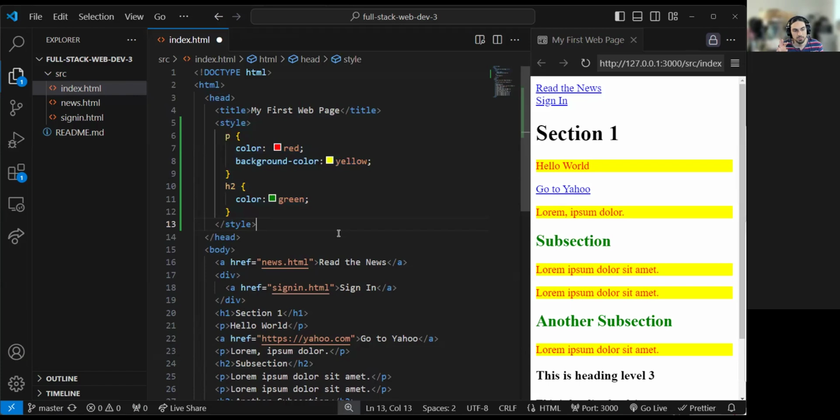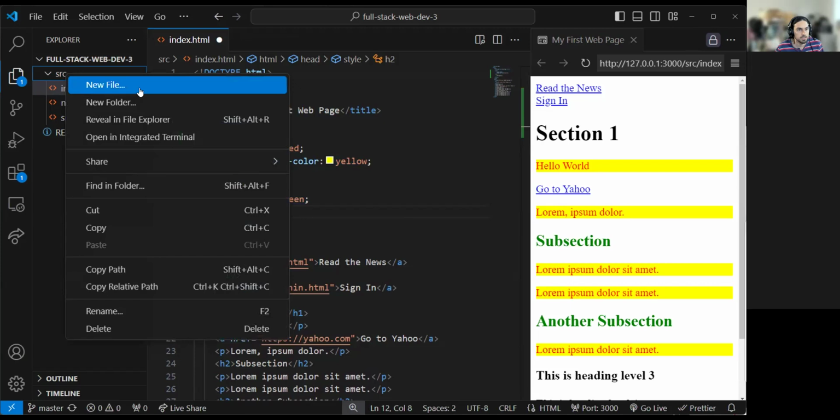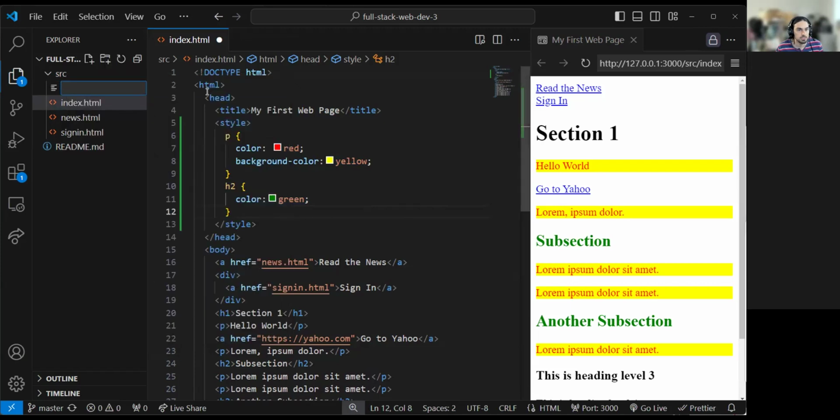Now let's talk about the third way, and the best way, of defining style, and that's by separating this in another file. So typically we have HTML files for the structure, and we have CSS files for the styles. So we separate them. Okay, that's the best practice. So what we're gonna do here is the following. Under the source folder, I'm going to create a file. Right-click, new file. Let's call it